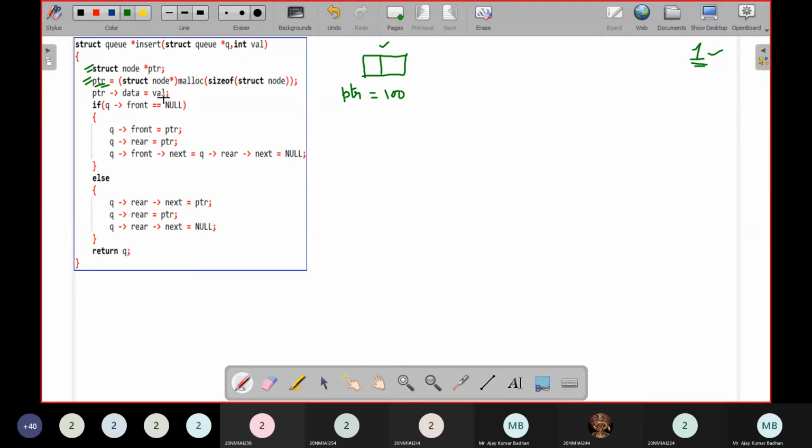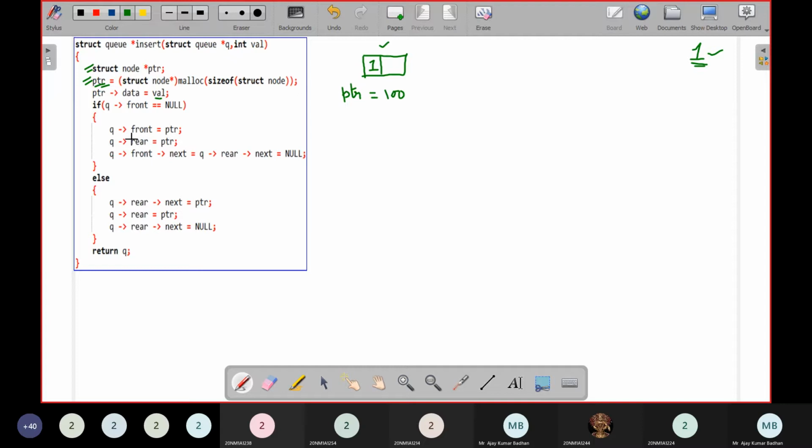Now pointer data equal to value. What is the value I want to insert here? 1. That 1 is present in the variable value, and I'm inserting it into this node. Now I'll find out whether it is the first node or not.